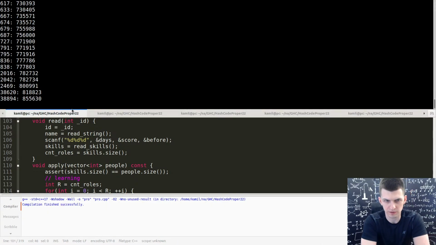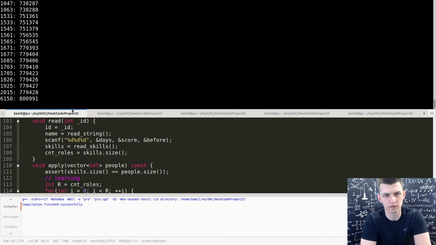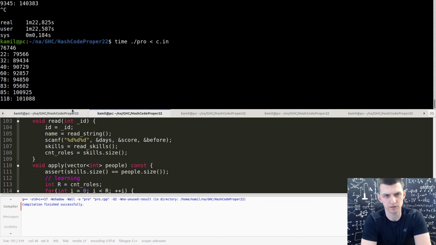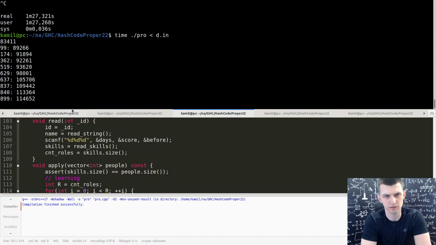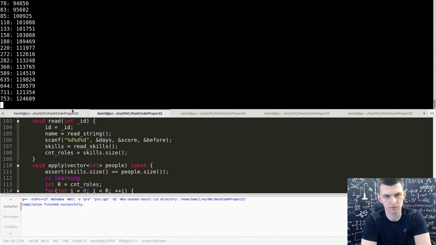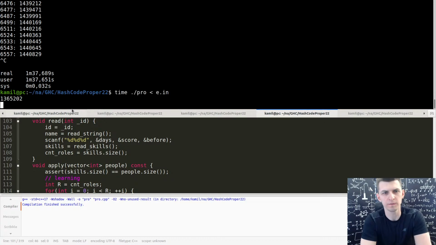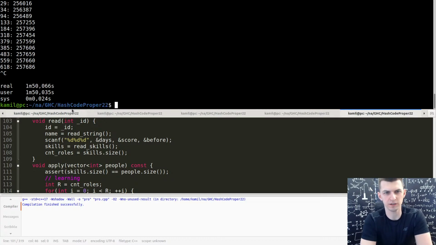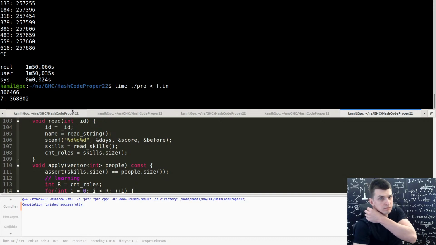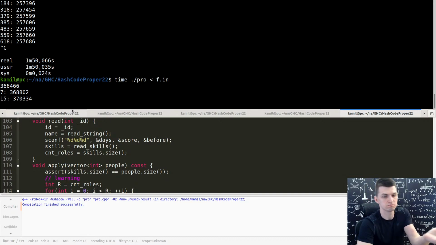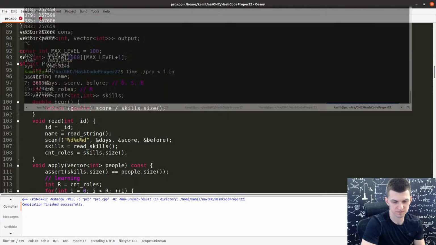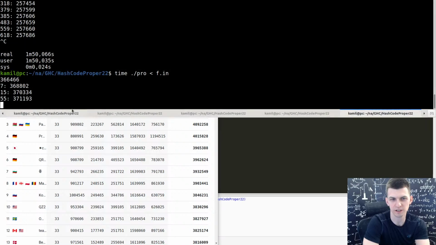You think it will be that much better? In B it didn't change much. 140,000 and 73. So far nothing much changed in E, but E requires a lot of time. And finally F. Okay, in F it's instant plus 200 to the score, plus 100 to the score, 100,000 I mean.